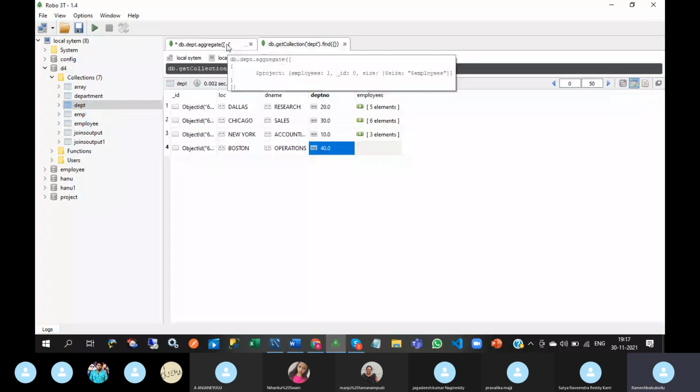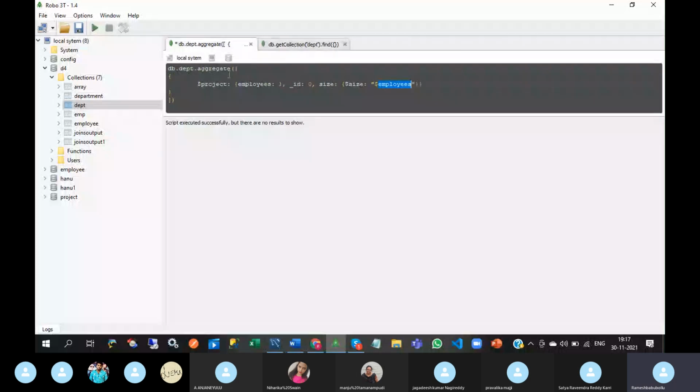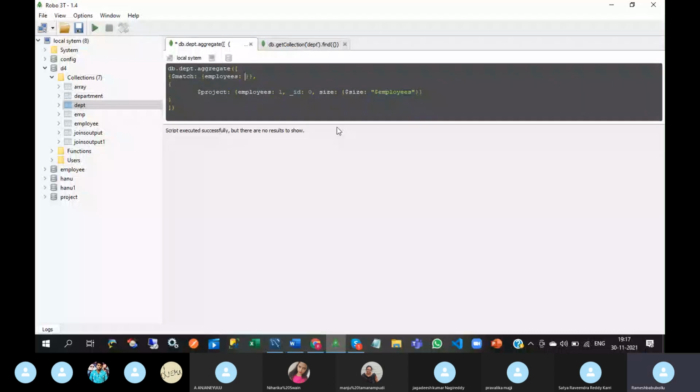So to eliminate this, if you don't consider this document, then this query will work. So how to not consider this document means you need to write match employees type for array.